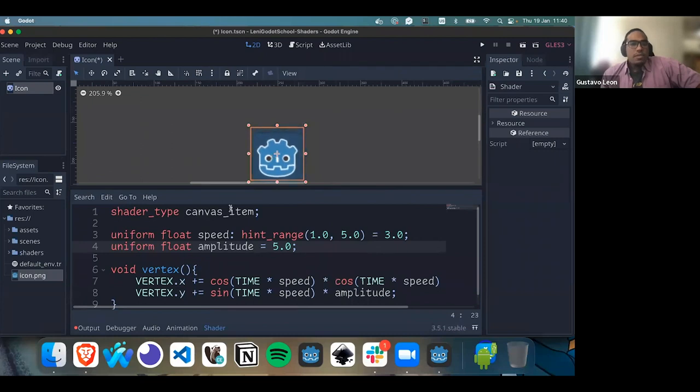And can you use this on a normal spatial 3D? Yes, but obviously the type will change a little bit, because now this is just used for 2D objects. What you need to do here is just change the shader type to spatial. So let's say